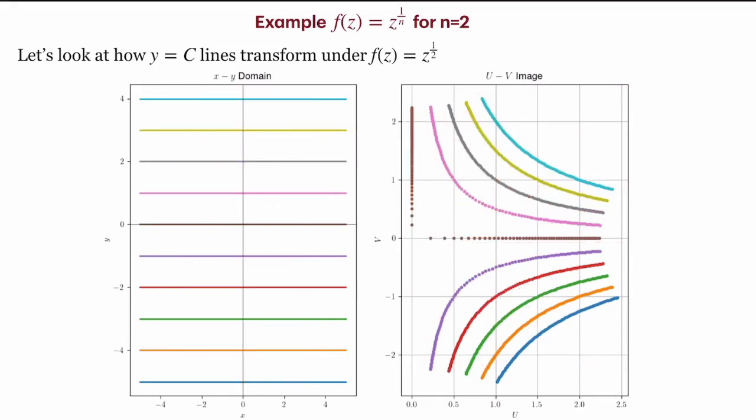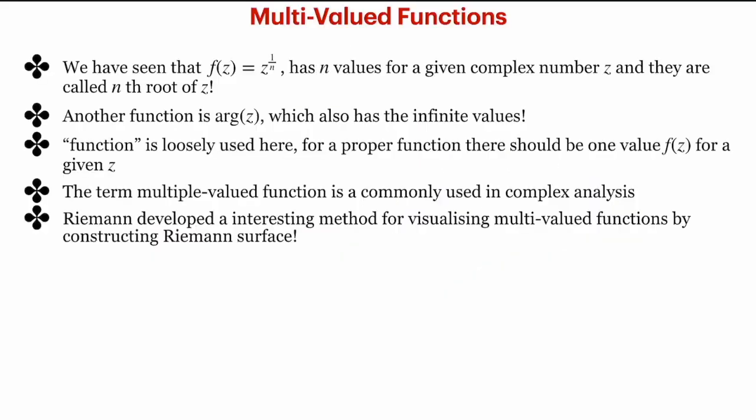Again, the important thing to note here is that all the mapping is only on the positive side, that is, u is positive, and v is covered both positive and negative. So everything is mapped into only one side of the UV plane, so it covers only half the plane. So let us look at the multivariate function.